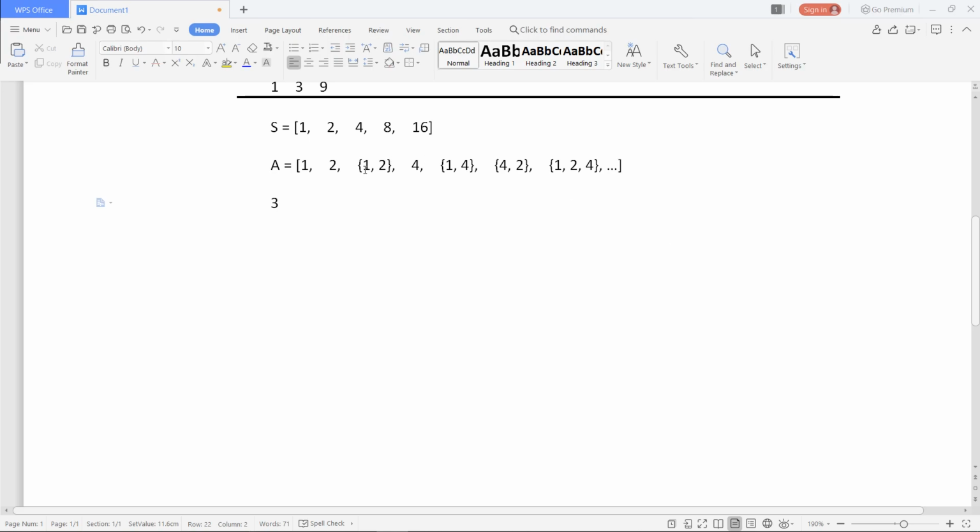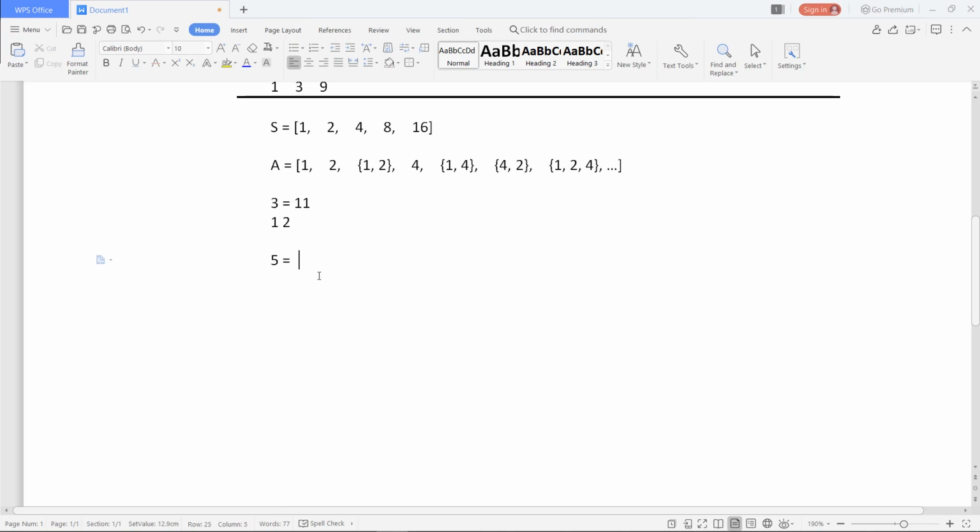How can we get these two numbers 1 and 2 for 3? If we take the binary of 3, it is 11. From the first 1 we get 1, and from the second 1 we get 2, since it is 1 times 2 to the power 1, so it's 2. Now let's take 5.